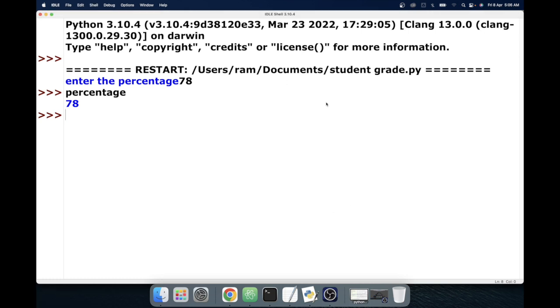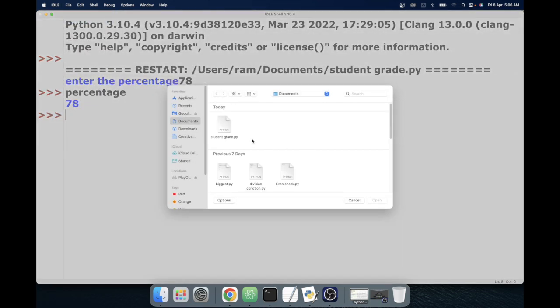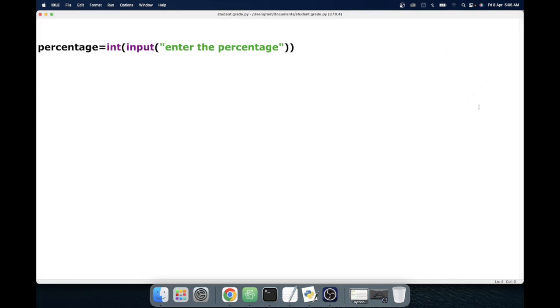Now let's go to the next thing. Let's continue with the code. So this is our student grade. Now we have successfully read the value into the percentage. Now what is the condition that needs to be verified first? Suppose we are having